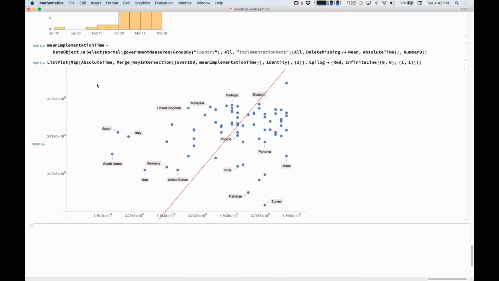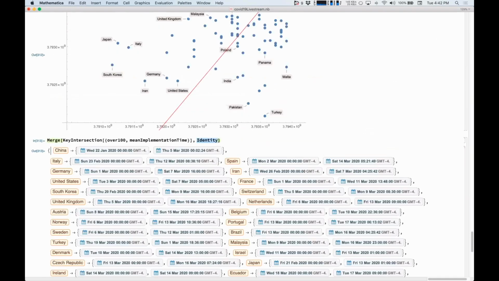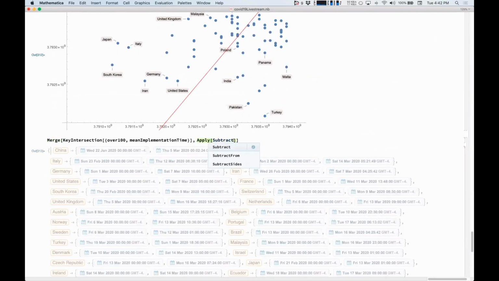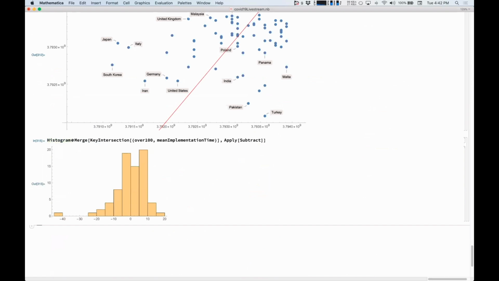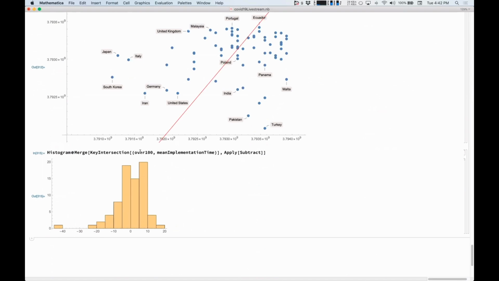Okay. Now we can also say, okay, so that's in days, and what's that showing us? That's showing the difference in time between the mean implementation and